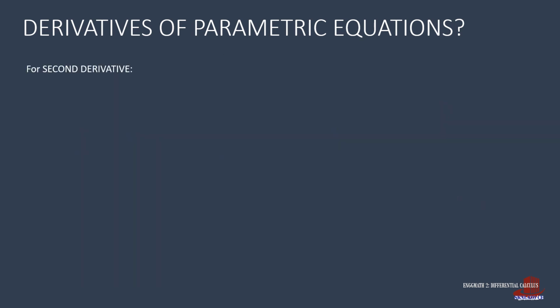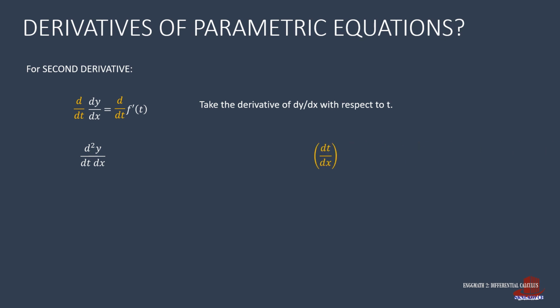For the second derivative, we continue differentiating what we just got as dy over dx. However, take note that when we differentiate dy over dx, it is with respect to dt, as the function is in terms of t. So what we end up is the second derivative of y all over dt dx. So in order to have d of x squared in the denominator, we multiply the reciprocal of dx over dt. This also eliminates dt from the equation, and we have the second derivative of y with respect to x.